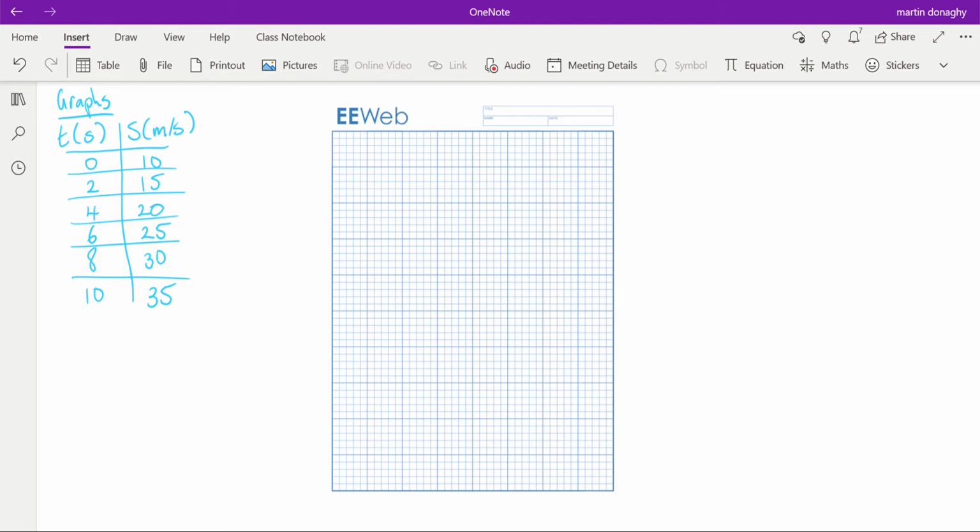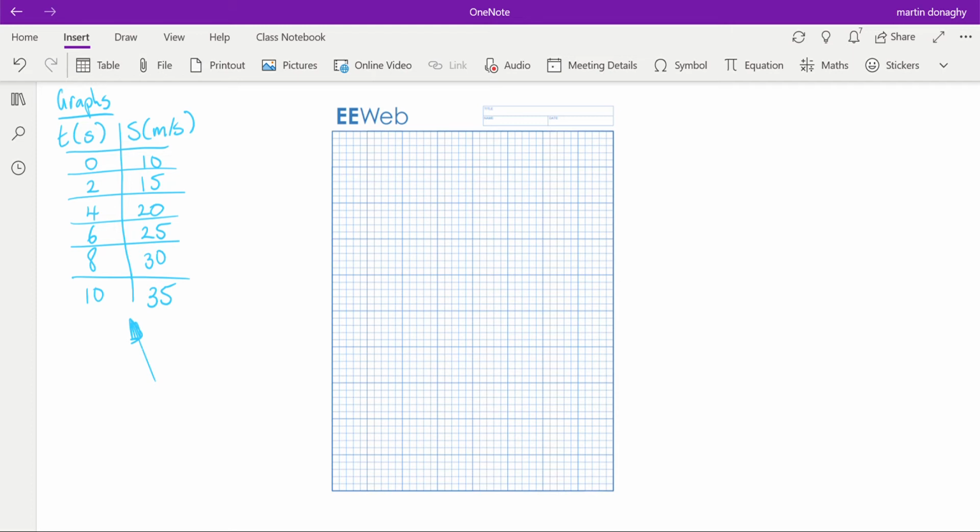Okay, quite often we'd like to represent the motion of an object on a graph. It just allows us more quickly and more easily to see exactly what that object is doing. One of the most common types of graphs we use in physics is a speed time graph, and it just describes how the object's speed changes with time. If you notice, we have some data here that describe that, and we're going to draw a graph on